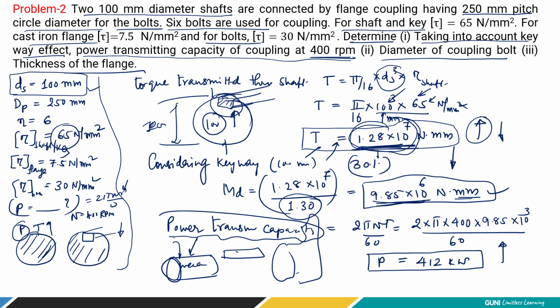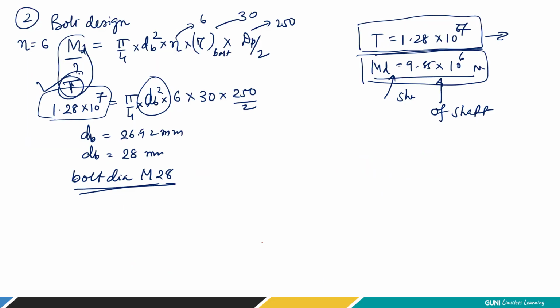Why? Because how do we find it out? We have a 100 millimeter shaft diameter and the safe material limit is 65. So these two values give us this much torque. This is the maximum torque you can transmit. Lower is also possible. So we have to consider this maximum torque passing through the bolt. Here there is no keyway in the bolt, right? So that maximum value you have to consider in designing a bolt. And that is why we have the M28 value, right?